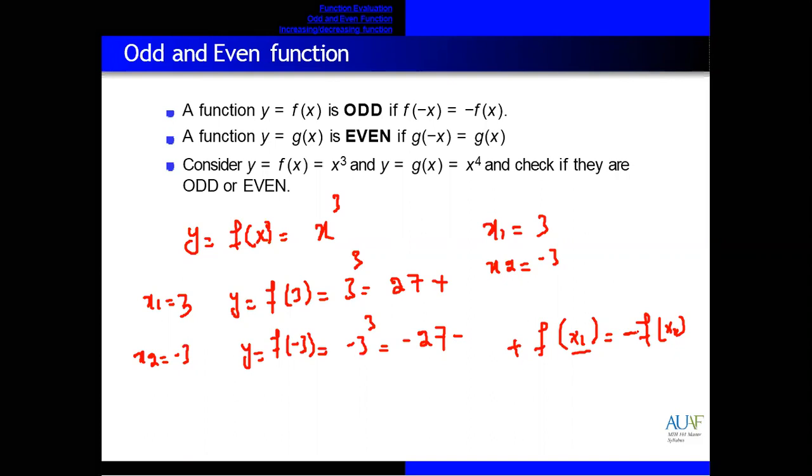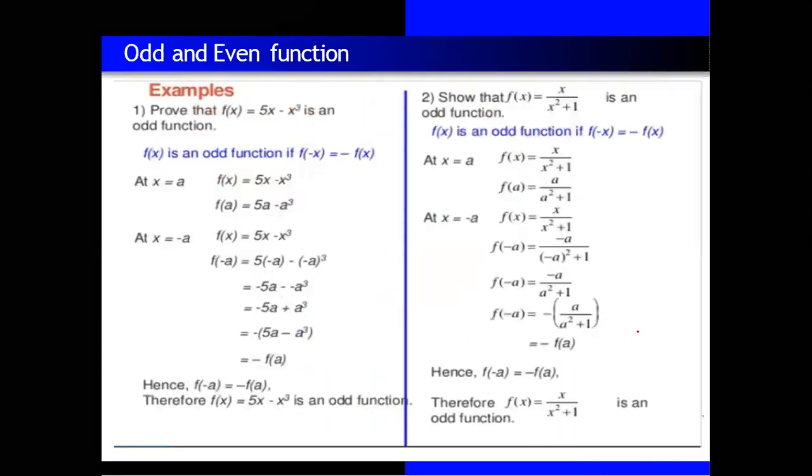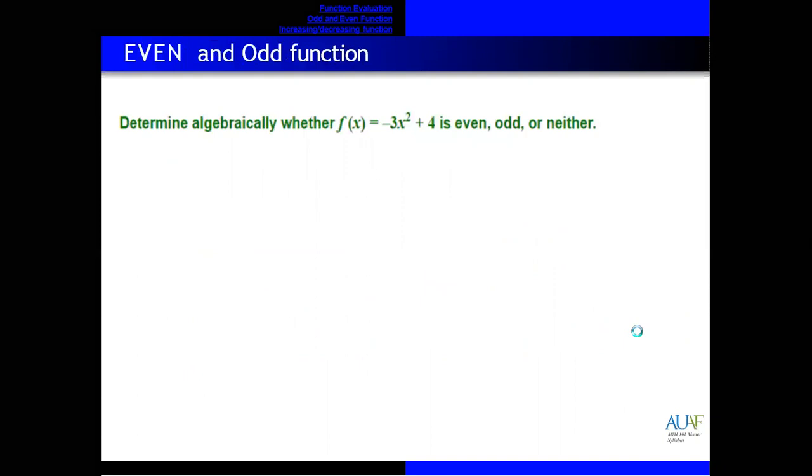Let's try to solve an example on even function and odd function. Like we have this function. So we need to prove whether this function is even, odd, or neither. So the same condition applies, give the same value. Let's suppose we select two numbers, x1 is equal to plus 4, and the second value is, let's suppose, minus 4.